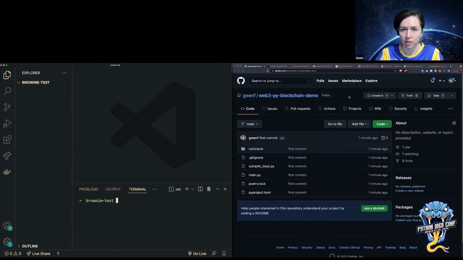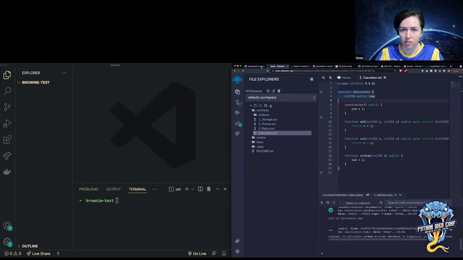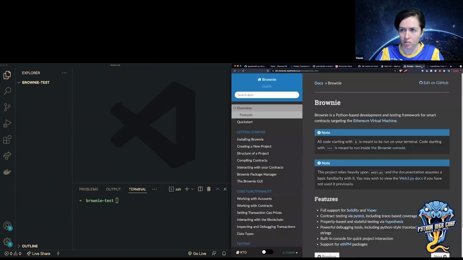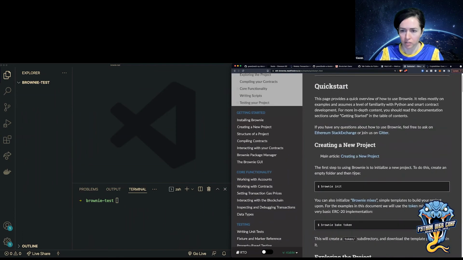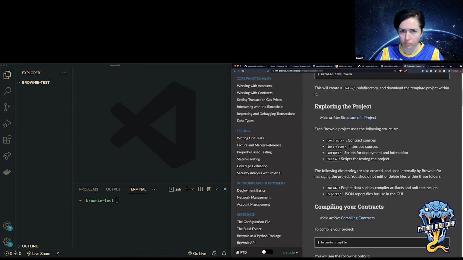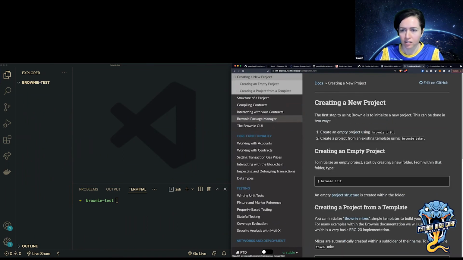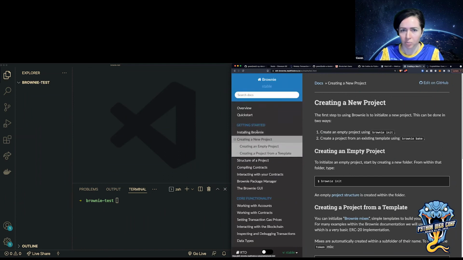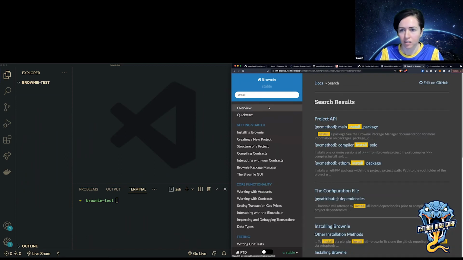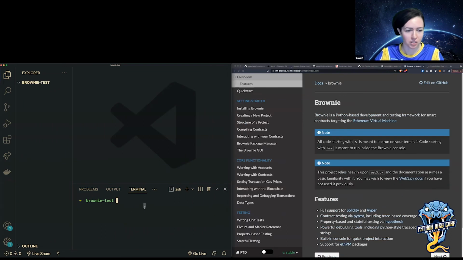So to use Brownie, I might have this. I don't think I actually have it in my links, but you can just look in the quick start, or maybe the overview. Well, it doesn't really say here, but you have to install Brownie. I don't know where it is in the documentation.